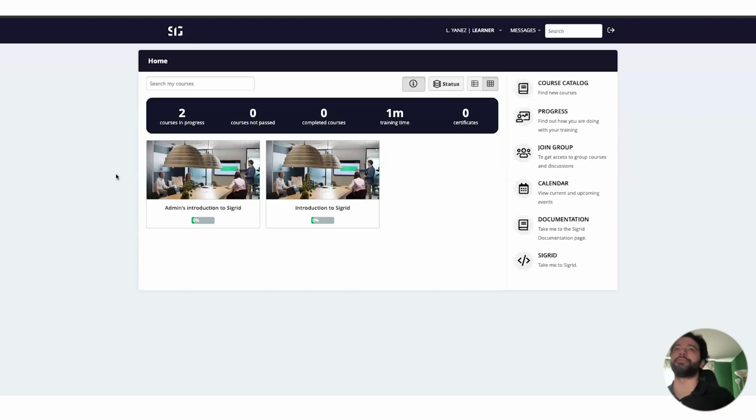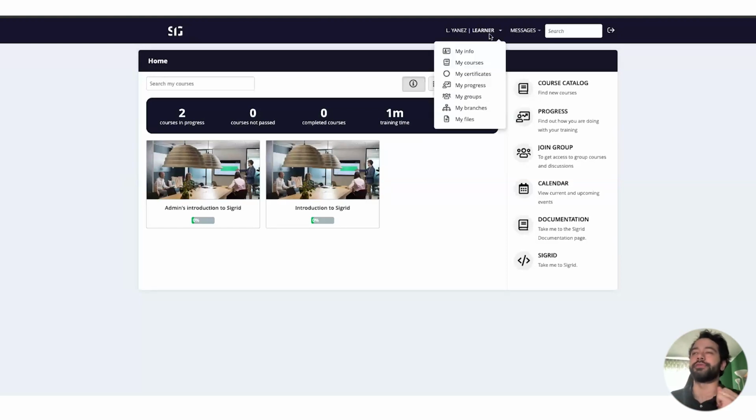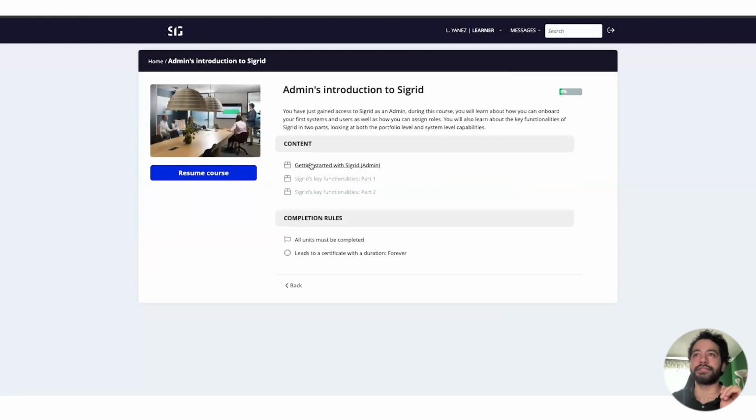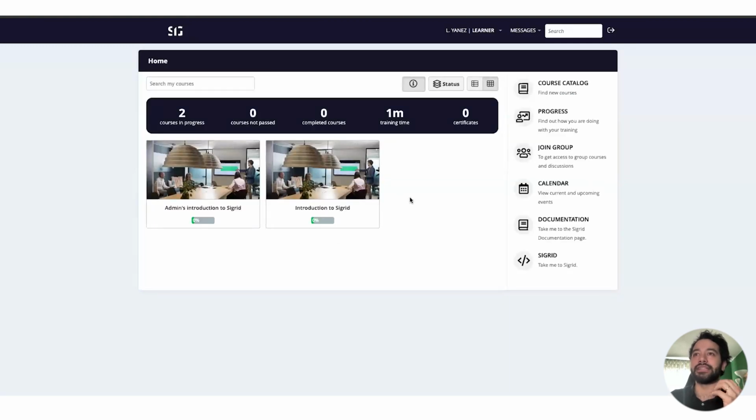You are automatically going to be here as a learner, and you'll see a few courses that will automatically be assigned to you. These particular ones are made out of a few different units, and you can see the units of the course underneath it. By completing all three, you will have completed this particular training. It is also important to note that you can find more courses within the course catalog, but we'll dig into that a bit later.